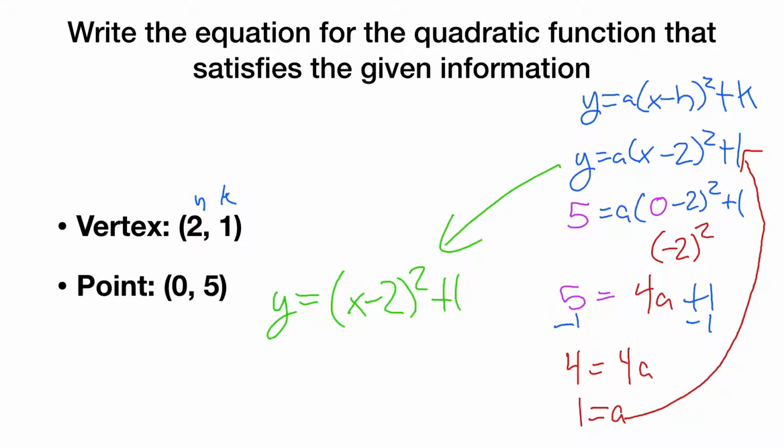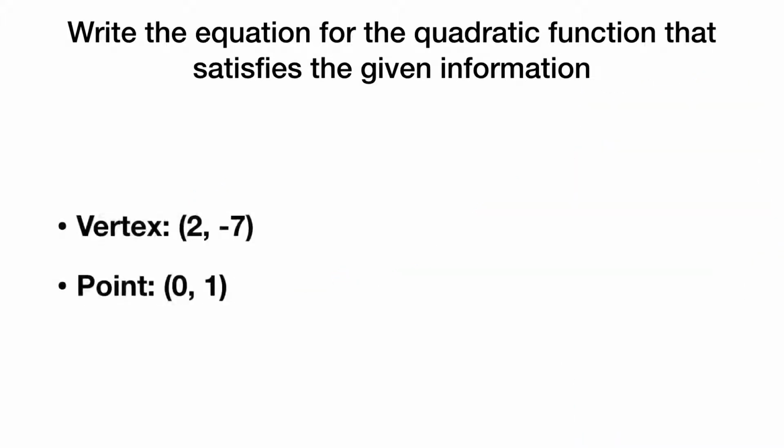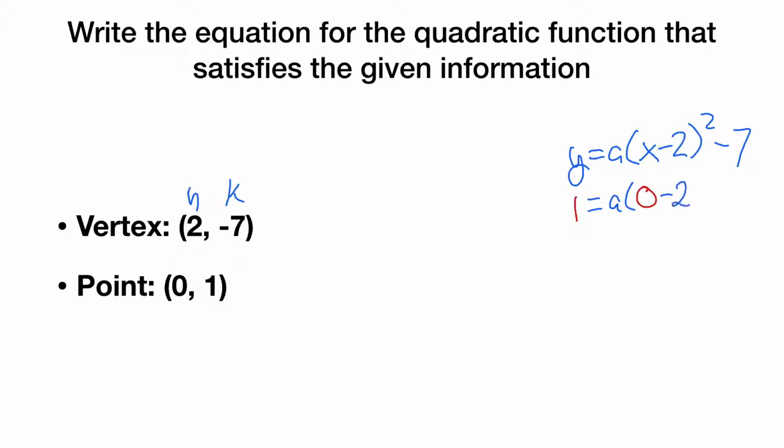All right, let's try another equation. In this case, remember, our h and k are 2 and negative 7, so I'm going to write y equals a times (x minus 2) squared minus 7. Instead of y, I'm going to write 1. Instead of x, I'm going to write 0. 1 equals a times (0 minus 2) squared minus 7. So 0 minus 2, in this case, is negative 2, and negative 2 squared is 4. So 4a